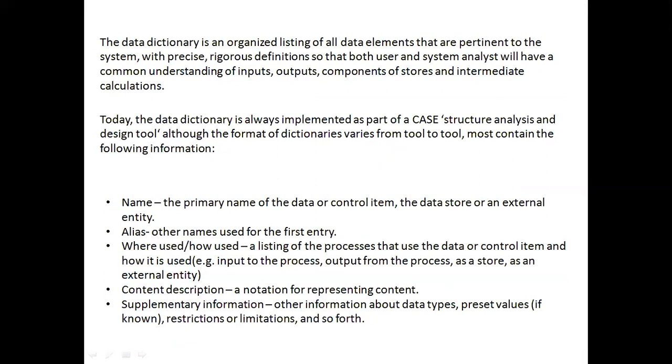The data dictionary has different fields, like a name. It stores the proper name, the primary name of the data. Whatever data we are storing in the data dictionary has a name, which is stored in this name field. Next one is an alias. Alias means another name. We can also call it a pet name or a different name which can be used for the particular data. That is also stored in the data dictionary.